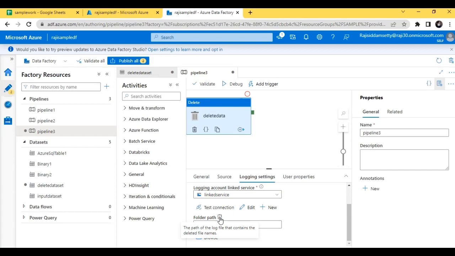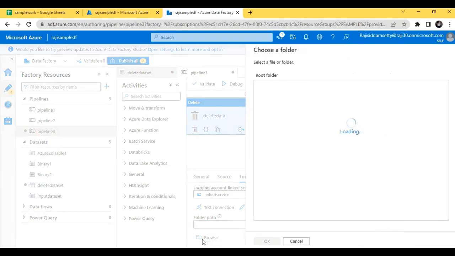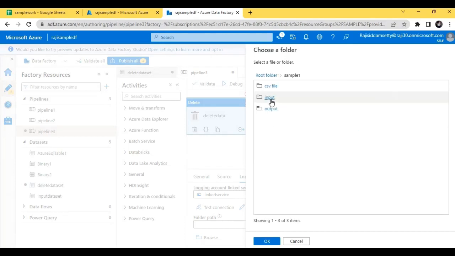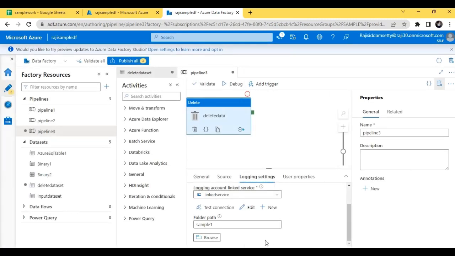We can give the path of the log file that contains the deleted file names. So let us select here. In this folder path, the deleted files will be saved.